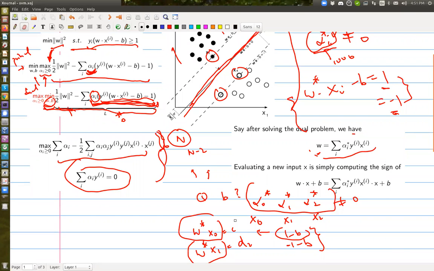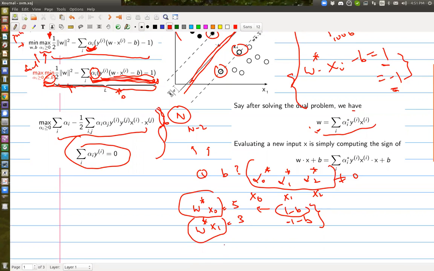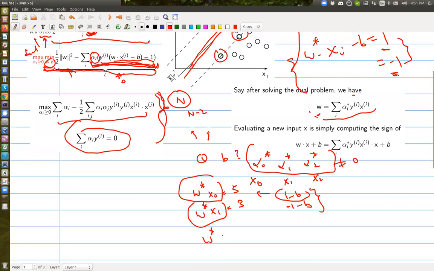So let's say maybe one of these is 3, and then maybe W star x2 is equal to 3 as well. Then I will know what b is, right? Basically, I should have 1 minus b equal to